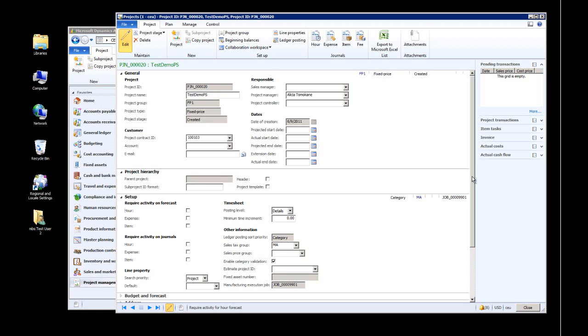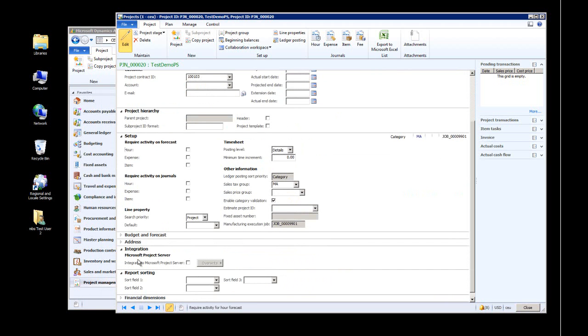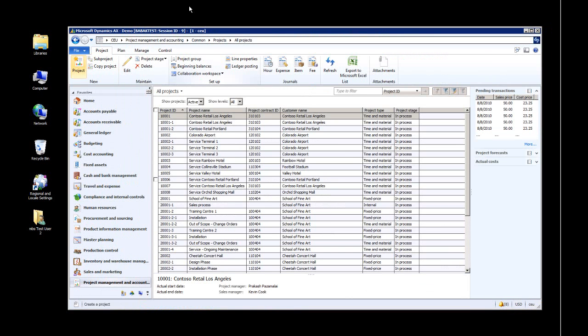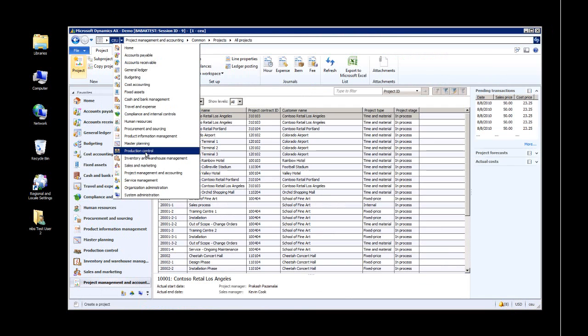So now I have provided all the information, and if I scroll down under integration, all I need to do is just check this checkbox, which is integrate to Microsoft Project Server. This will mark this project a nominee to be integrated to Project Server,